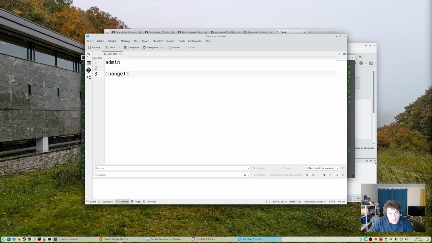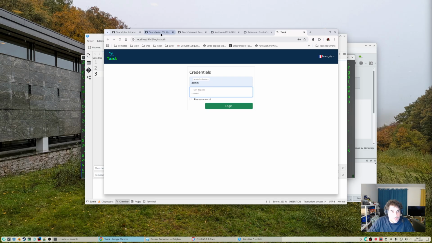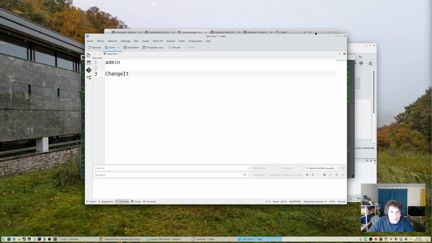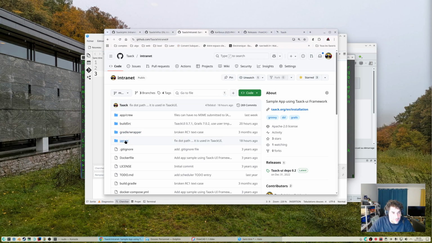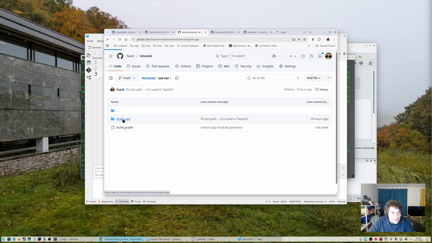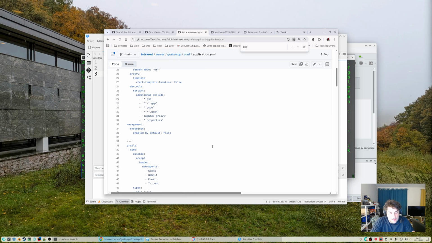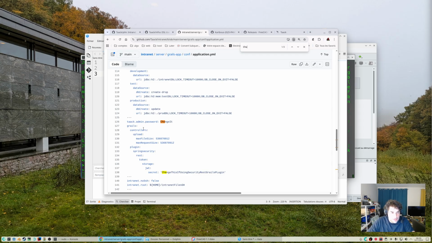If you want to change the default password, you will have to edit the application.yaml file in the intranet server. And here you have change it, which is the Tag admin default password.